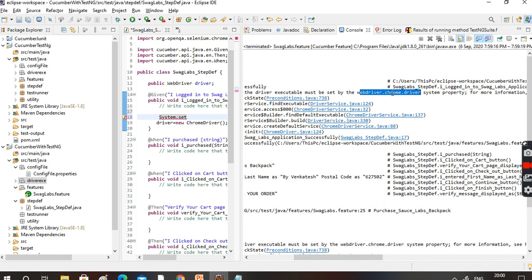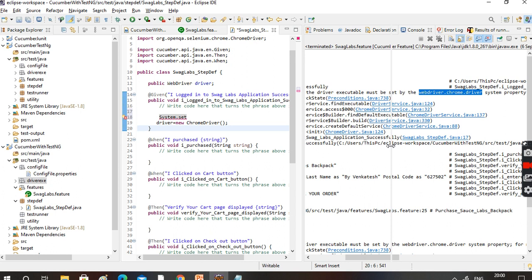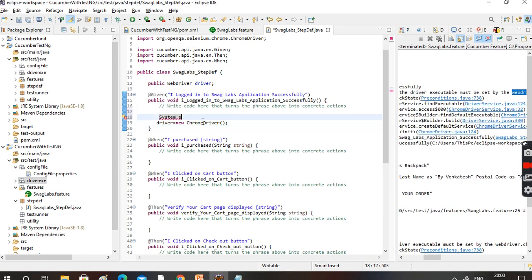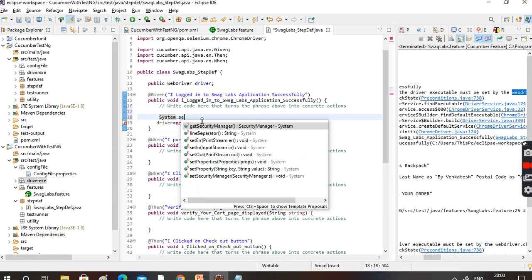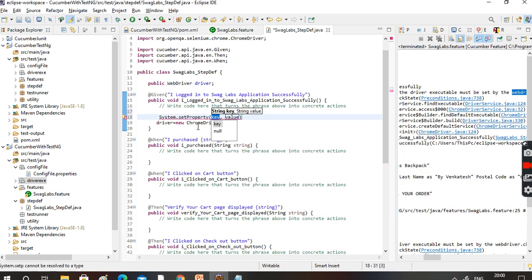Copy this and paste it here. Where do we need to paste it? System.setProperty and here.